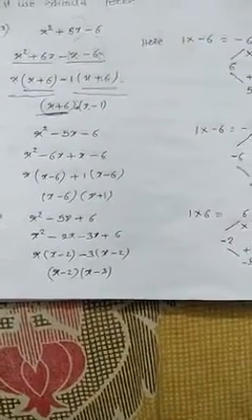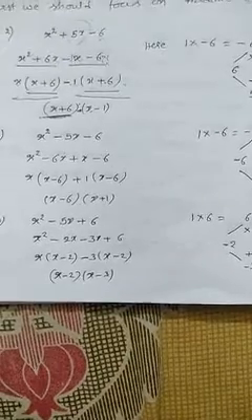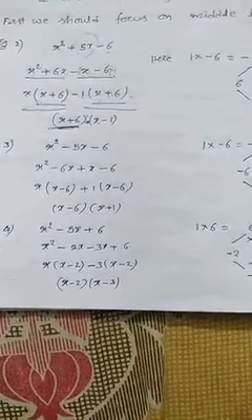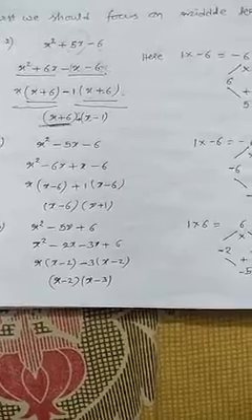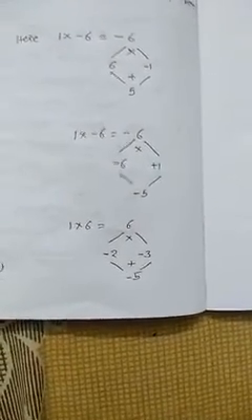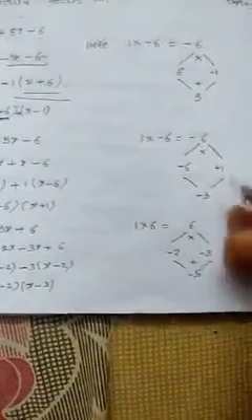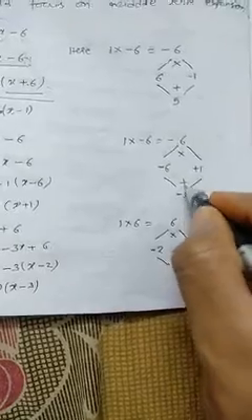Now let us go through this sum. x square minus 5x minus 6. Now what is the first step I told you? The coefficient of x square. What is the coefficient of x square? 1. Here the constant is minus 6. 1 into minus 6, how much is the answer? Minus 6. But what is the middle term? Minus 5. So minus 5 is required. So I wrote here into, and I will write here plus.